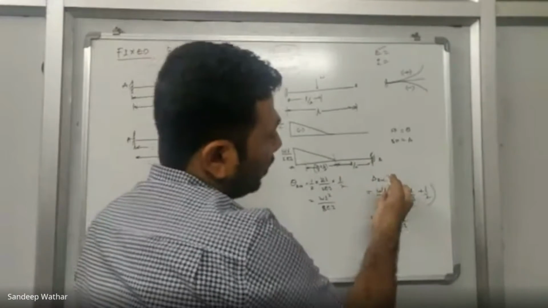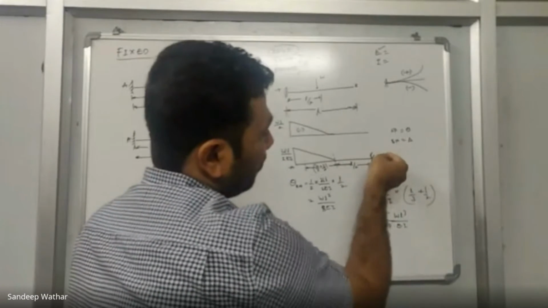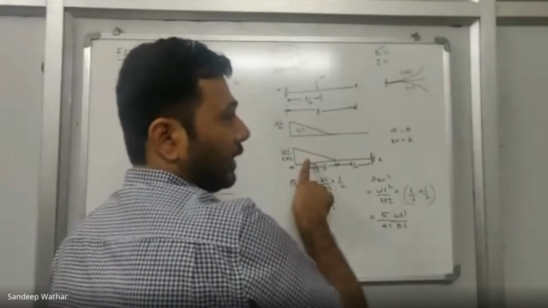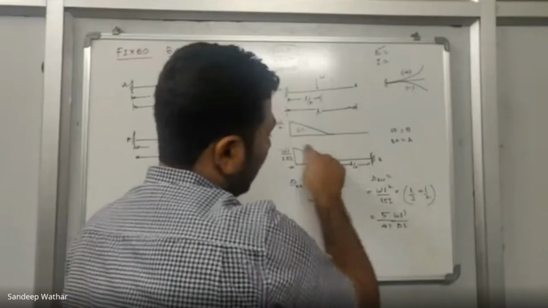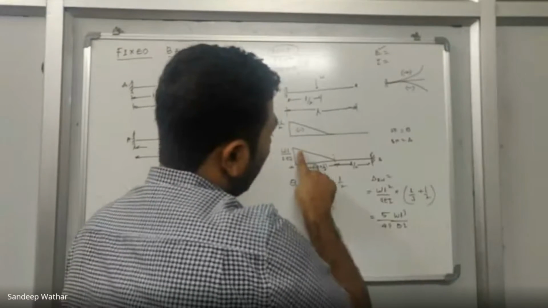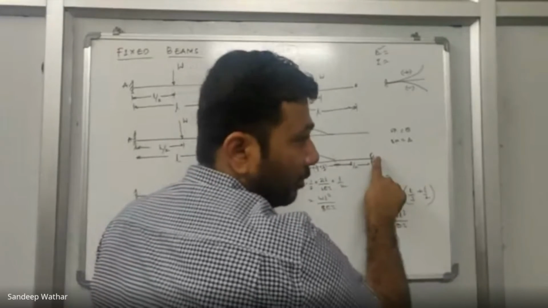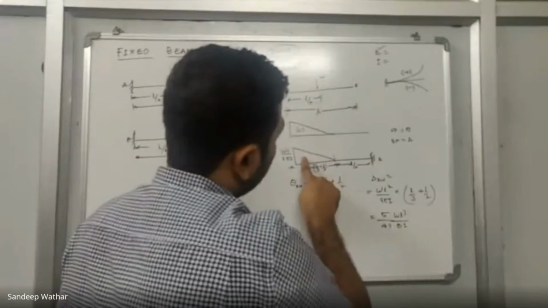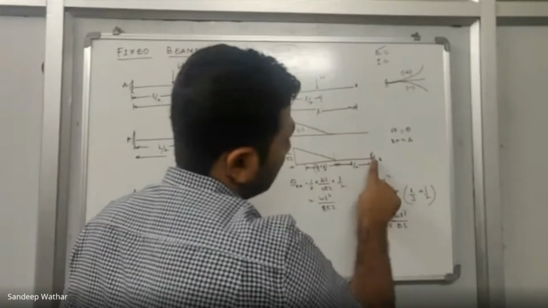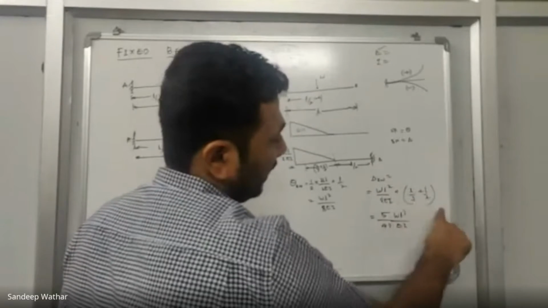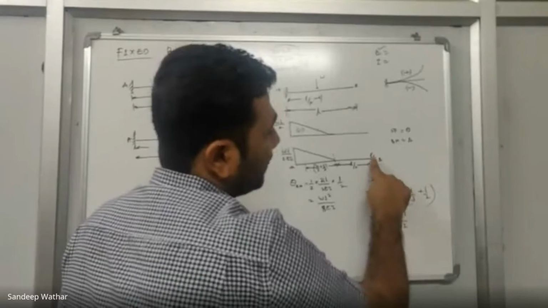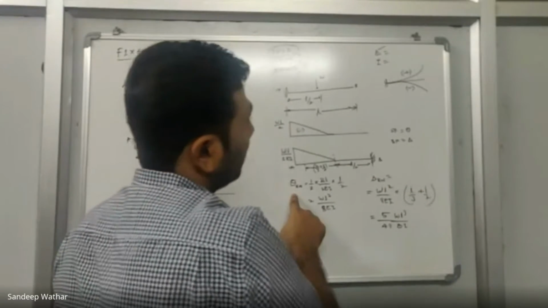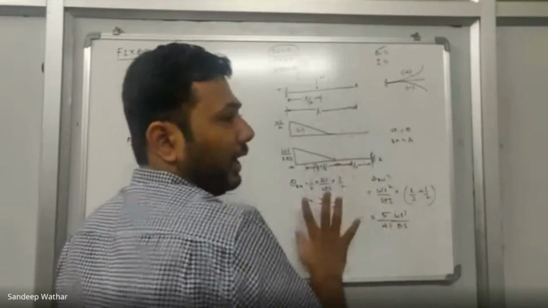Now I go on to find the deflection at B. While solving the deflection at B, we take the bending moment of this dotted diagram. Take this area, multiply by the CG of this area to the point where you are taking the bending moment. I'm taking the bending moment at B. So that's why this total load is multiplied by the CG of this diagram with respect to B. Okay, so that is what I have done here. From this, I have calculated the deflection at B because of this load, and the slope because of this load at point B. I have calculated these two.